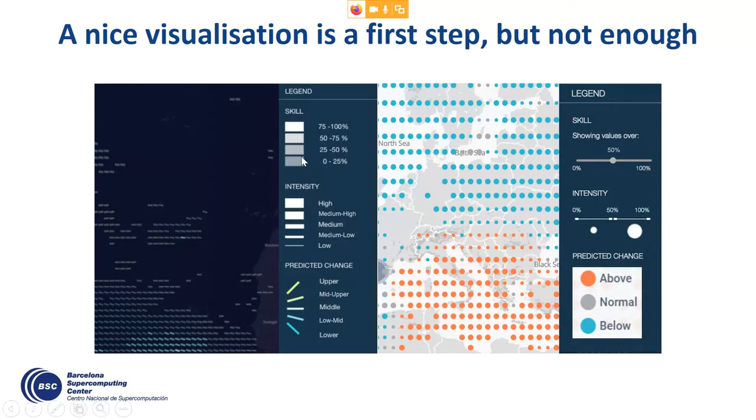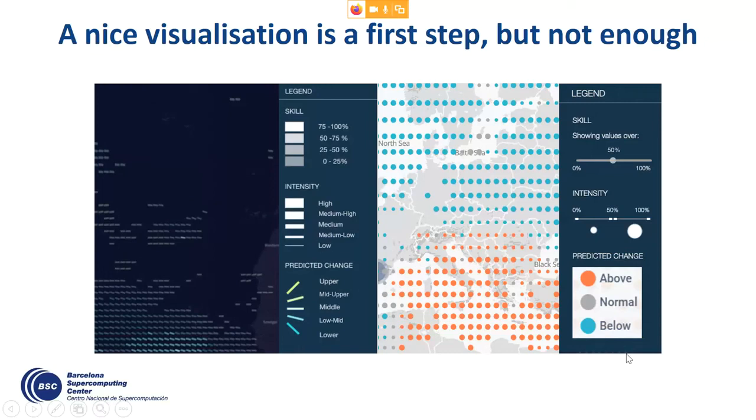And you can see that there are some characteristics like skill and intensity that were static in the first visualization, but now they are dynamic. So the user can filter the values of skill, the values of intensity, according to the threshold of interest for the decision at hand. And then also the predicted change was using 5 different categories in the original representation, and